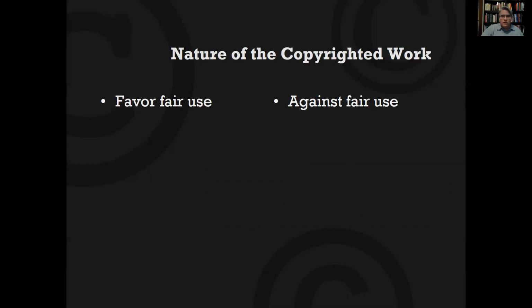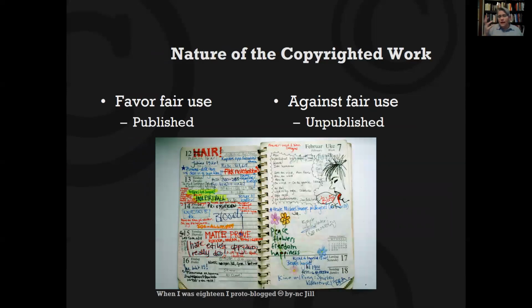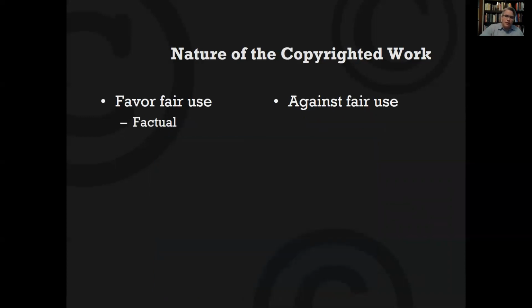The second factor is the nature of the copyrighted work. What are you using? It tends to be more likely to be fair use to work from published materials. That doesn't mean it's never fair use to work from unpublished materials. Scholarly biographies often quote from diaries, and that's not a problem. It's more the published works are more likely to be available for fair use. Unpublished works a little bit less likely. There's also a factor of the nature of the copyrighted work here where the courts have said, is this a more factual thing?